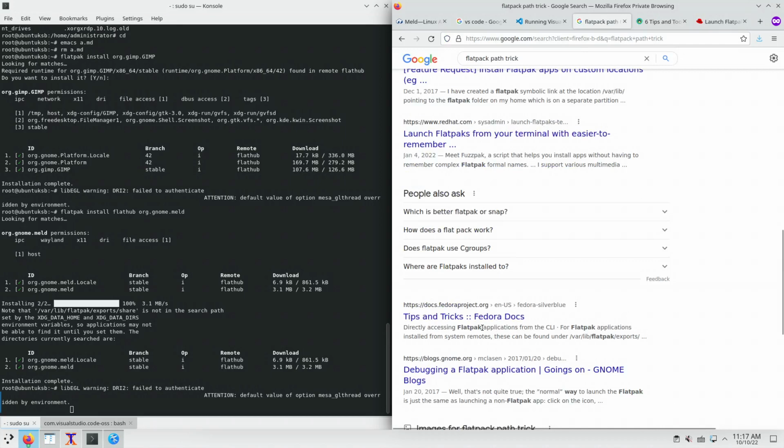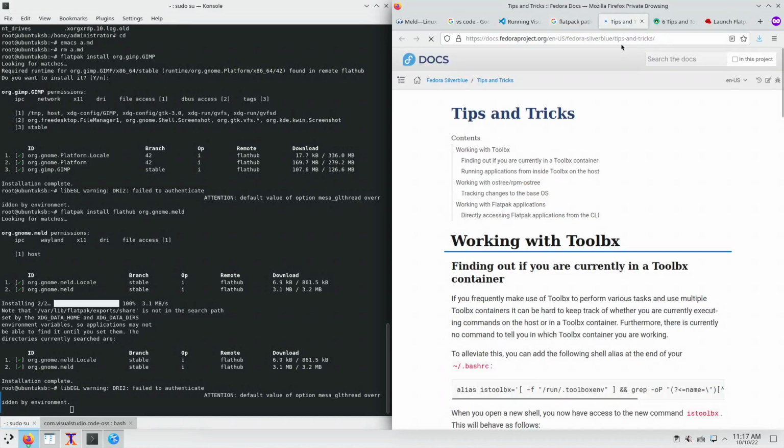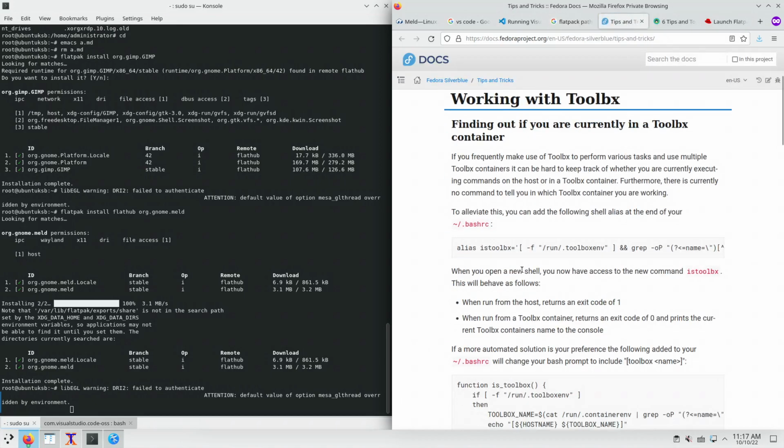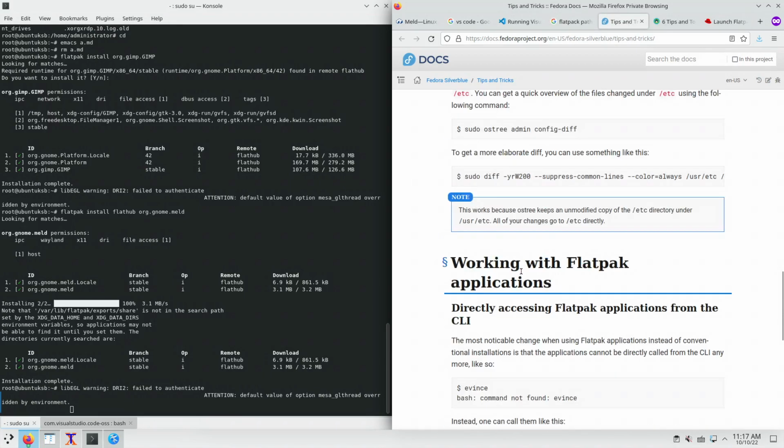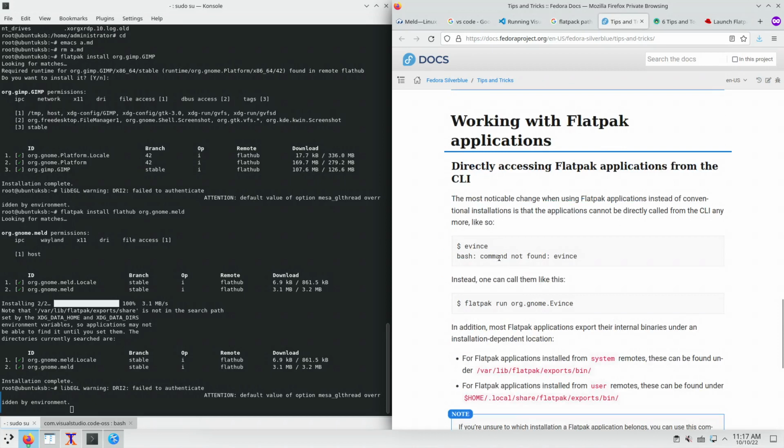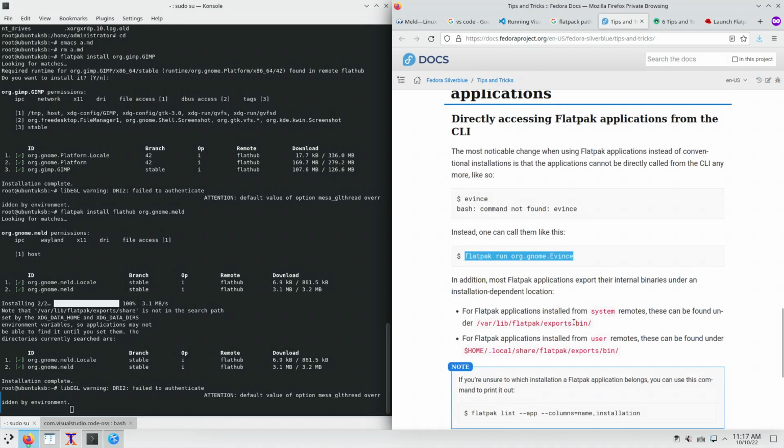Exports this thing. So I want to write meld, not flatpak space run space org.gnome.Meld with an uppercase M. So I'm going to